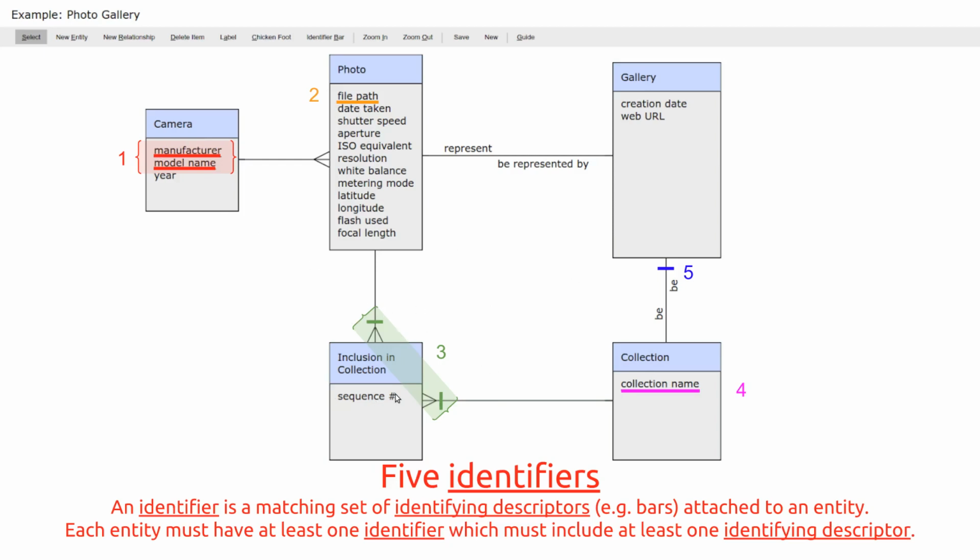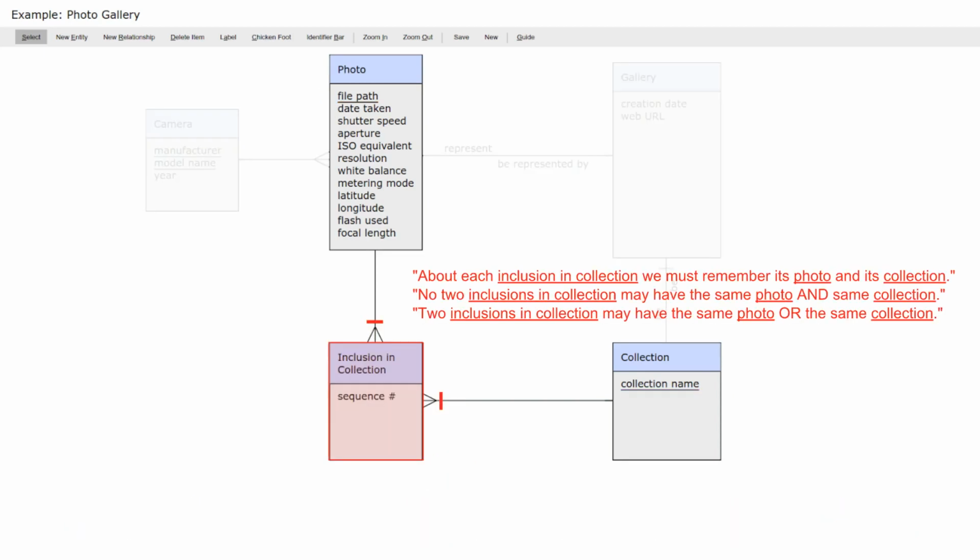Inclusion and collection here, you'll notice, has another identifier which includes 2 identifying descriptors. And those are placed on the links. These have exactly the same meaning, but it's a little less obvious how you read them. When a bar is placed on a link, what we're saying is that the associated entities are the things that need to be unique. So this inclusion and collection must have a unique photo and collection pair.